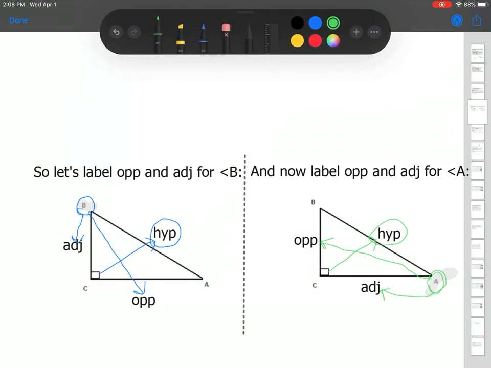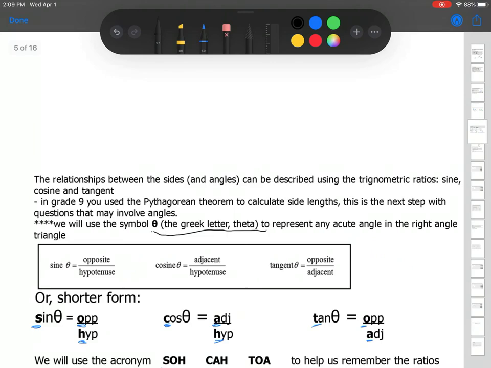So again, read the question carefully. And the first step when we do the examples is to label your triangle so you know what you're talking about. Okay, so the